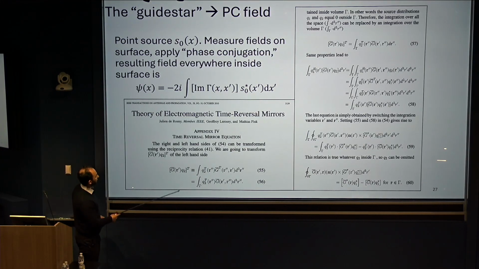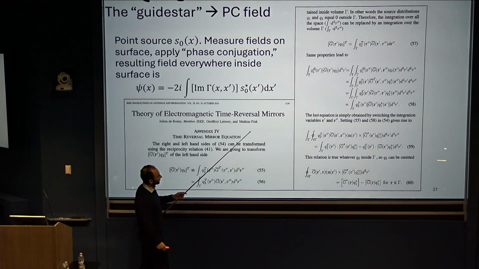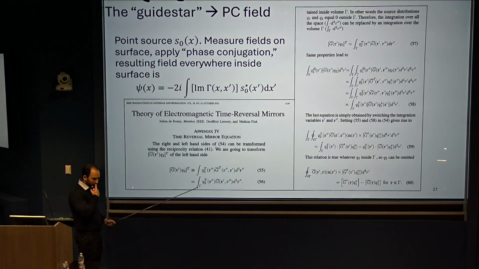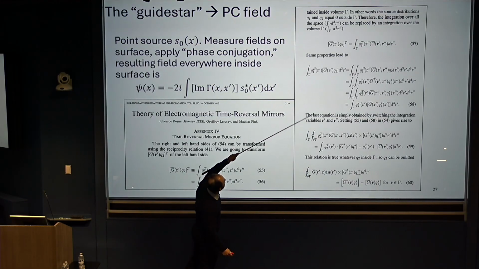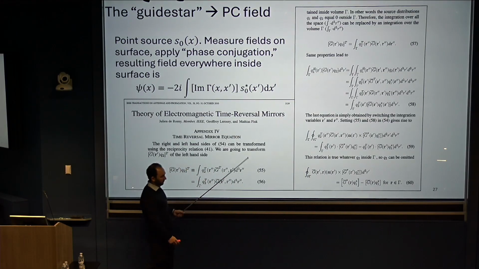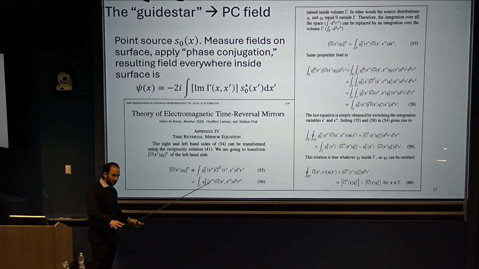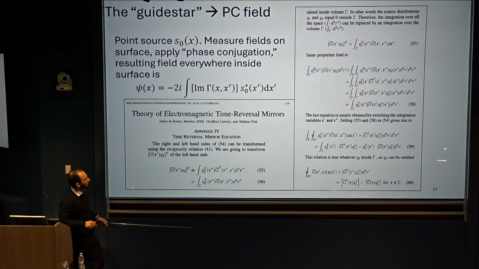The derivation of this result requires a lot of dexterity with Green's functions. And I love Green's functions, but even I had to stare at this for a while to try to understand what was going on. And there are also 2 things that I would like to do to try to generalize this a little bit. One is that reciprocity is used in this derivation. At some point, you use the transpose symmetry of the Green's function. But reciprocity and time reversal invariance are different symmetries, and let's try to keep reciprocity out of this.